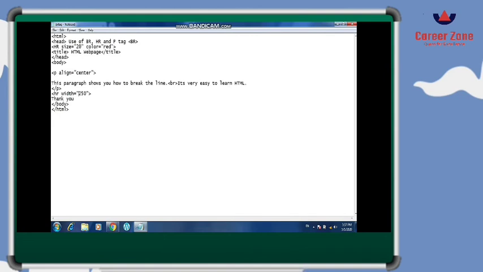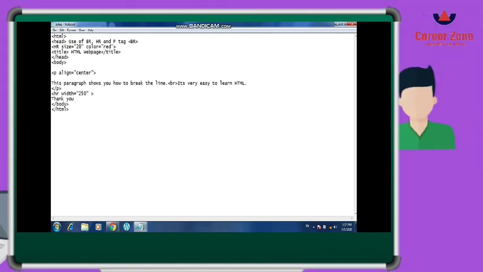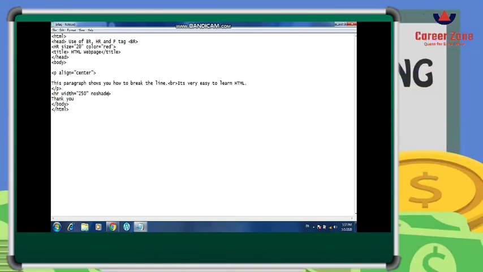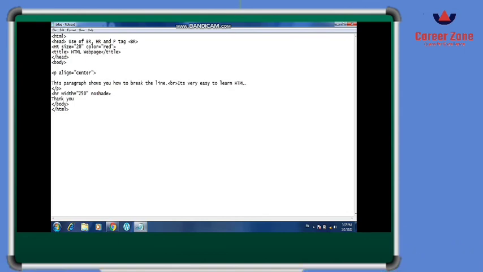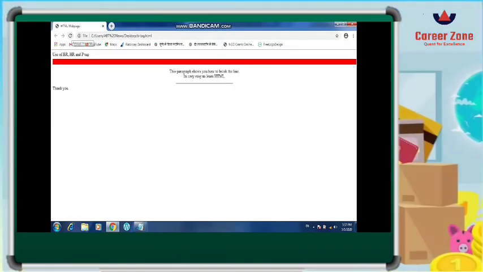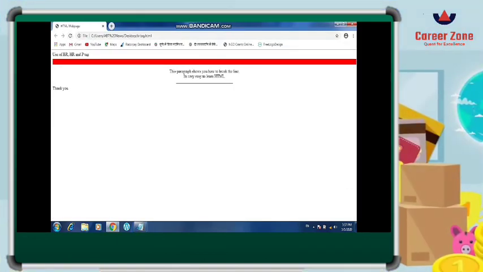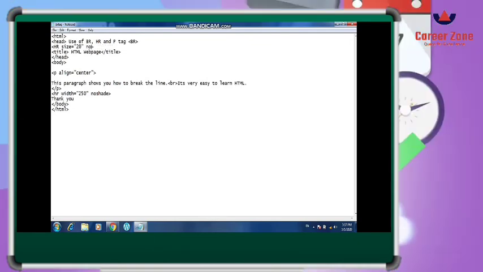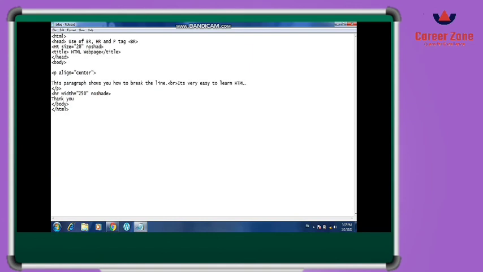You can increase it also, but the last attribute is noshade. Noshade means there is no color on the HR, no shading. I have defined it here, but you will not be able to visualize it. So let us define it in the top HR, where we have defined the color.